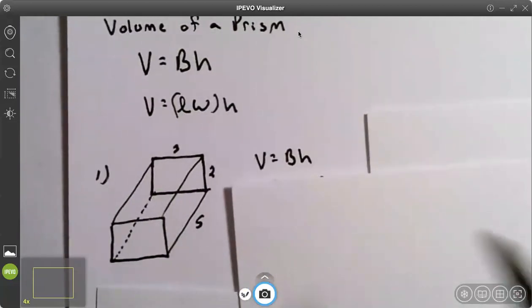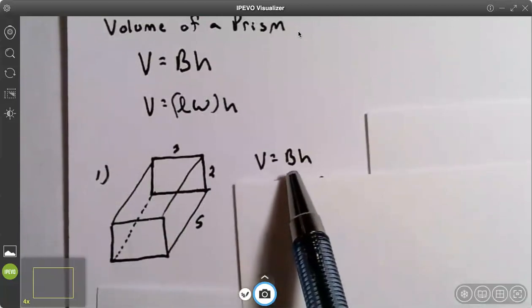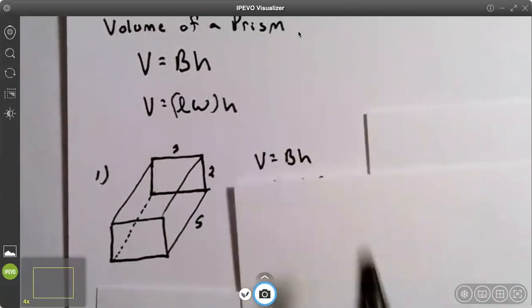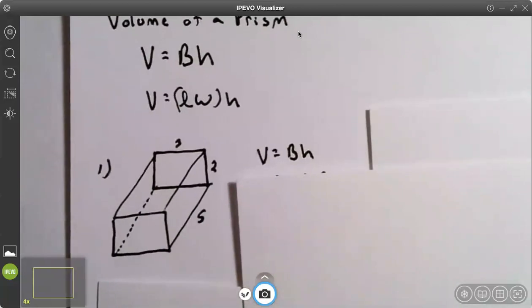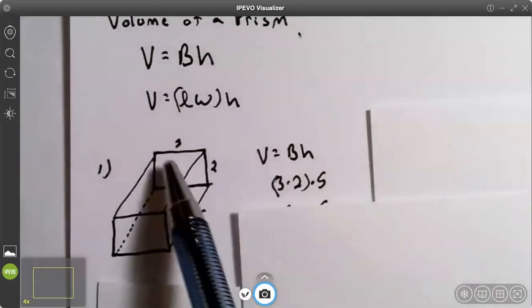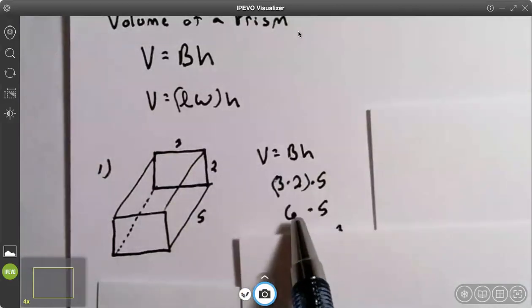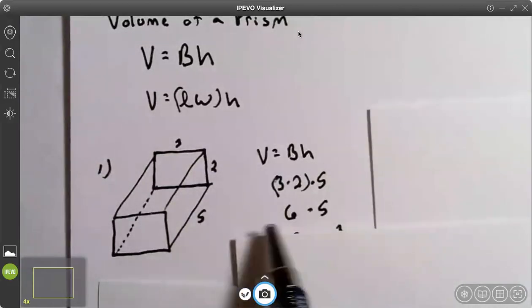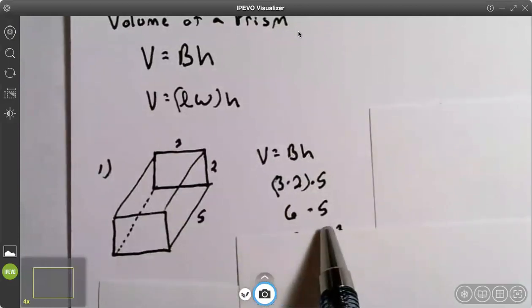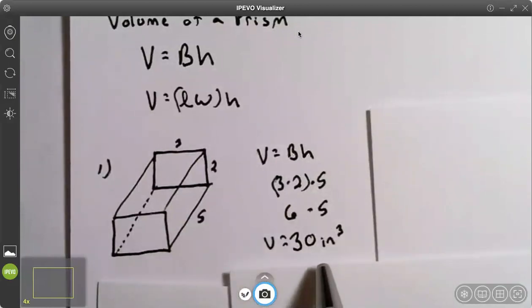So I start with my formula. Volume of a prism is the area of the base, big B, times the height of the prism. On this one, length times width, area of my base, 3 times 2 is 6. I multiply that by the height or depth of the prism, 5, and I get the volume, which is 30